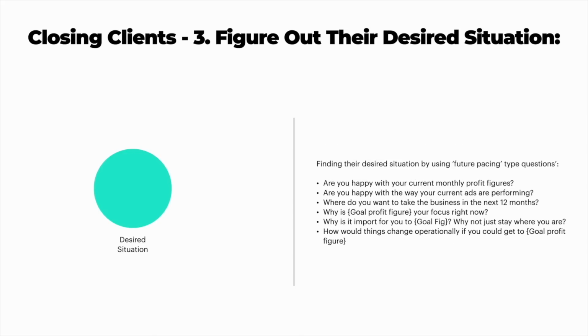And then you're going to ask, why is 80K per month your focus right now? Why is it so important for you to scale to 80K? Why not just stay where you are at 10K? That's a successful 6-figure business right there. Why do you even want to scale to that 80K per month mark? Then you're going to ask them stuff like, how would things change operationally, John, if you could get to 80K